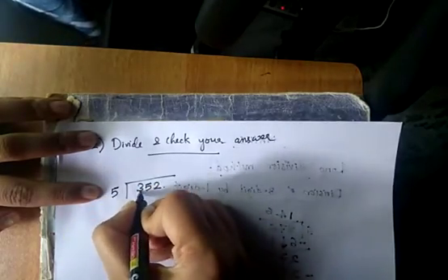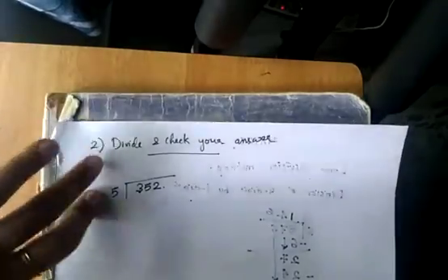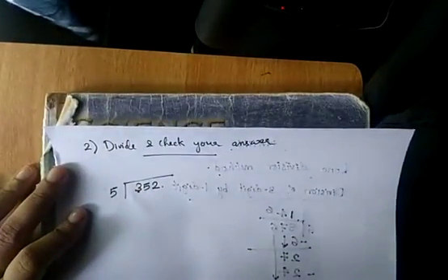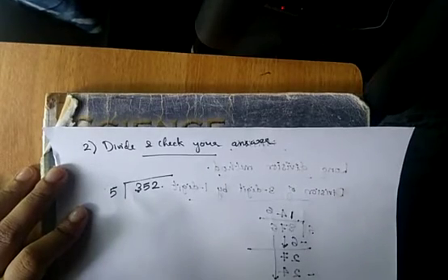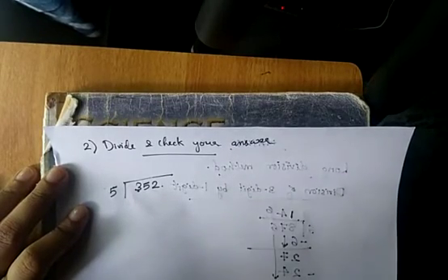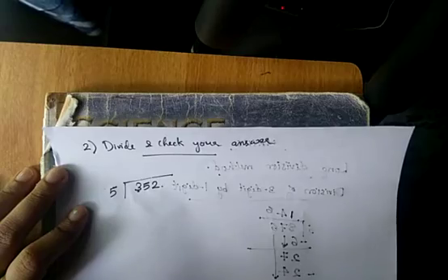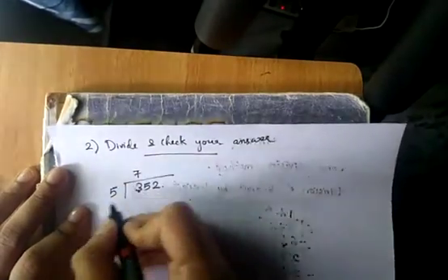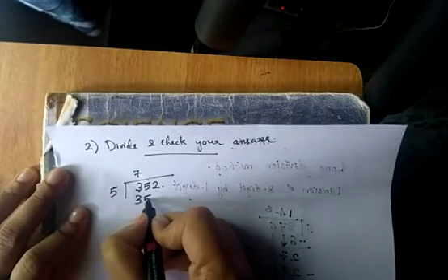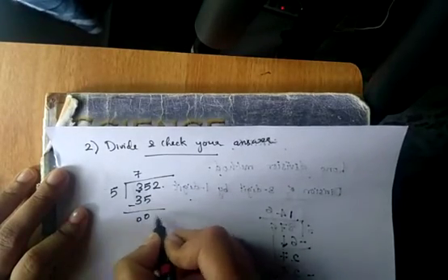So you know this 3 is smaller than 5. അപ്പോൾ എന്ത് ചെയ്യാൻ പറ്റില്ല, ഡിവൈഡ് ചെയ്യാൻ പറ്റില്ല. നമ്മളപ്പോൾ അടുത്ത നമ്പറും കൂടി കൂട്ടി ഫസ്റ്റ് 2 digits നോക്കും. 35ൽ എത്ര 5 ഉണ്ടെന്ന് നോക്കാം. How many 5s are there in 35? You know that 6 5s are 30, 7 5s are 35. So you can write 7 here. 7 into 5, 35. Now you will subtract and you will get 2.